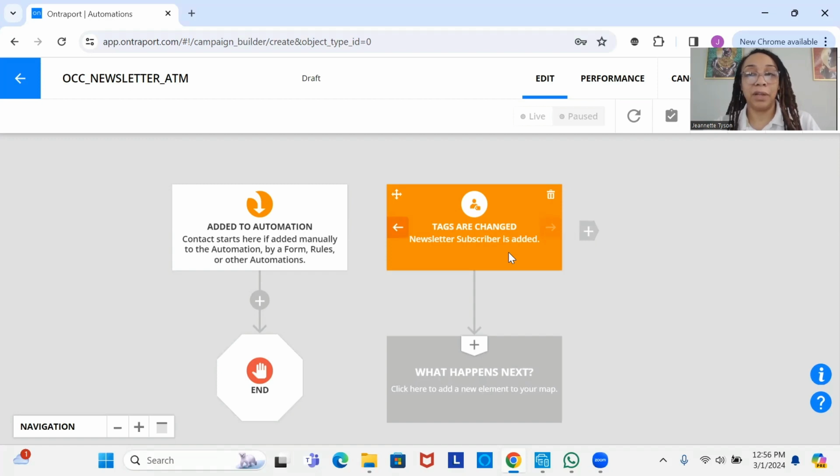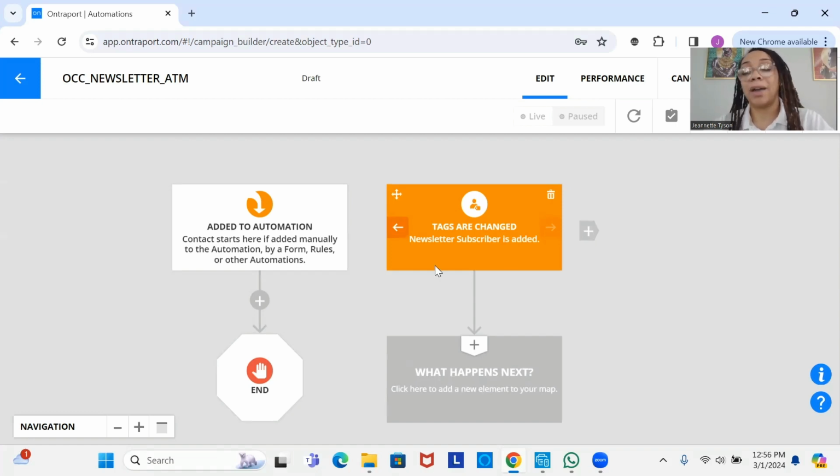If you remember in our last video, we created a pop-up form that was basically inviting website visitors to join our email list to start receiving our weekly newsletter. So in that automation map, we delivered a confirmation email, and then right after that, they got the tag for newsletter subscriber. Essentially, that would work the same way, whether the person is buying a product or coming into your funnel some other way. They would get that tag in that